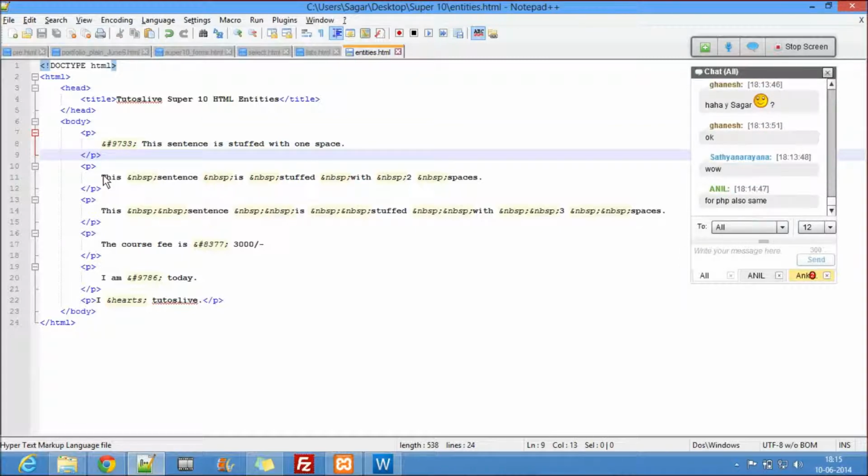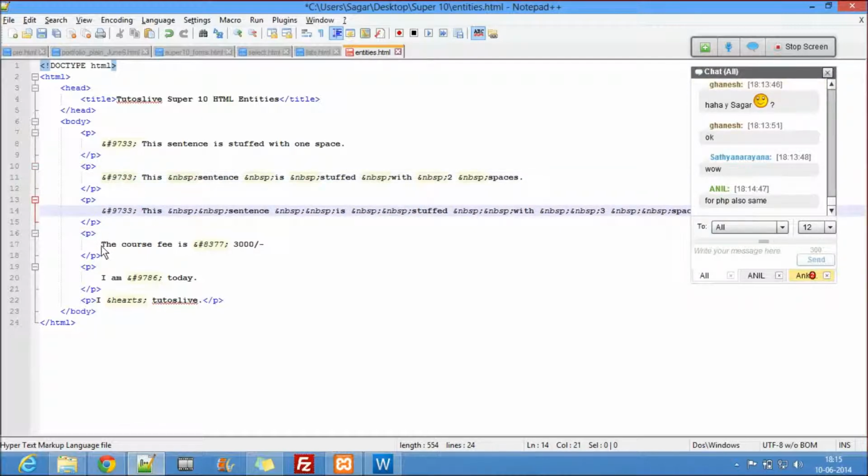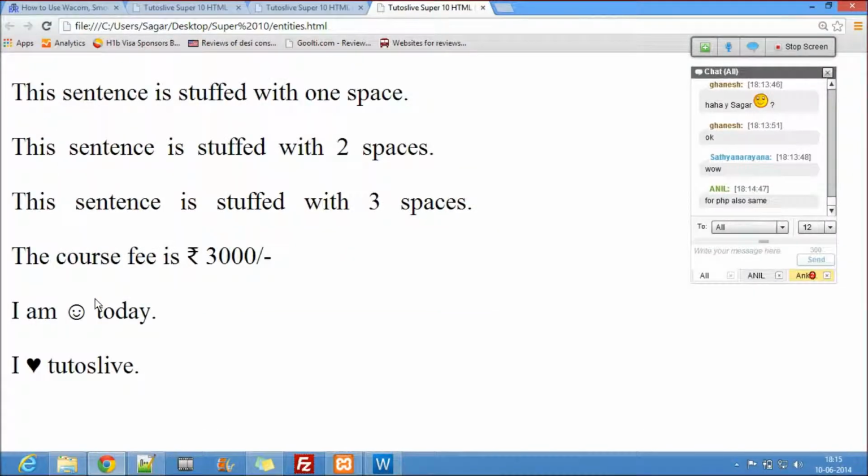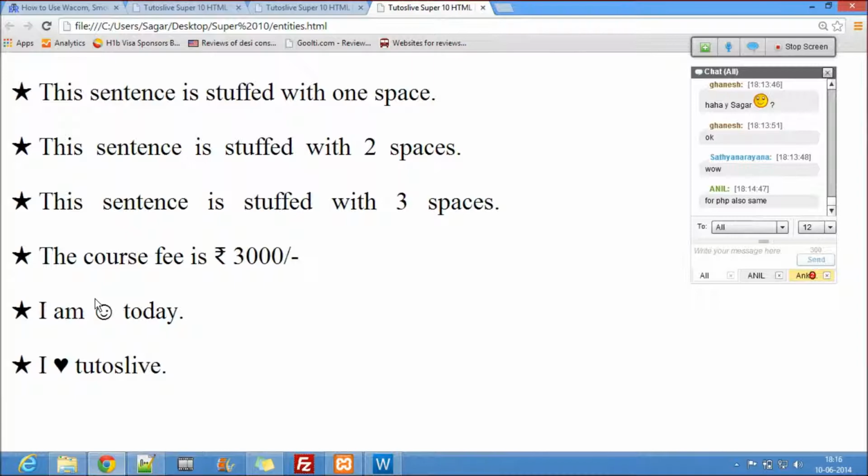Copy, paste. For PHP, no, we won't be using this. We'll see what we can use. We can do this in CSS. I'll show you guys how to do it in CSS. See that? Stars. I've printed out the stars.